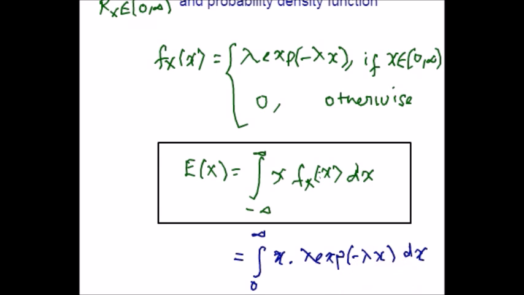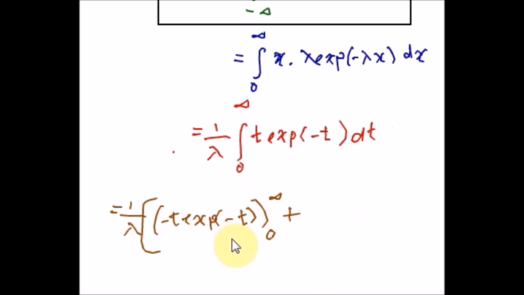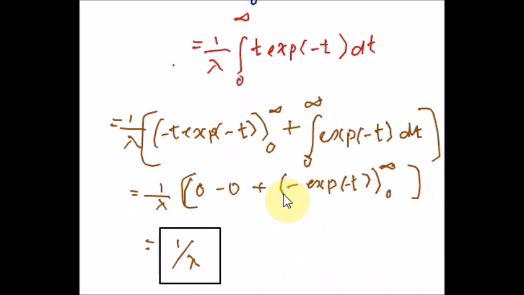So in the continuous case you will be using integration by parts and so on. I have changed the variable to t equal to lambda x. Now integration by parts: find the integral of the first term and keep the second term as it is. Then finding the integral of the second term, if you integrate t you'll be getting 1, or I'm just going to apply the formula straight away. So you'll be getting 0 plus 1 here. So 1 over lambda times 1 is 1 over lambda. That's it for this example. So whenever you get an integral, get ready for doing integration by parts.